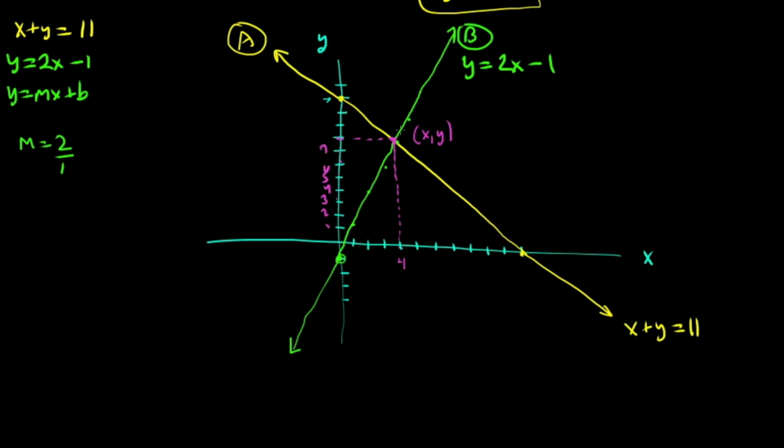So I miscounted here. We know it has to be 7. I think I drew this a little bit funny here. This should be y equals 7. So forget that part there. Okay, so it's a little sloppy. But the idea is that the coordinates of this point here are x equals 4, y equals